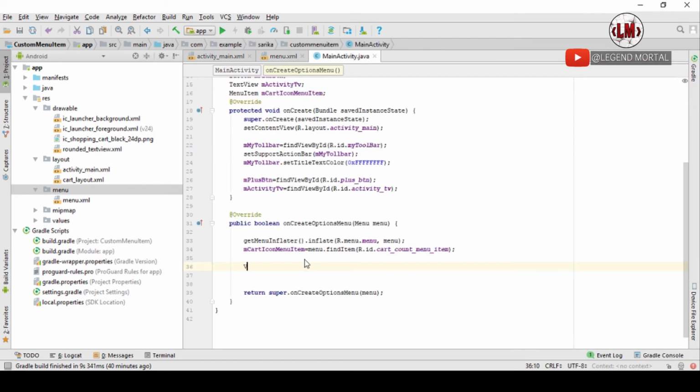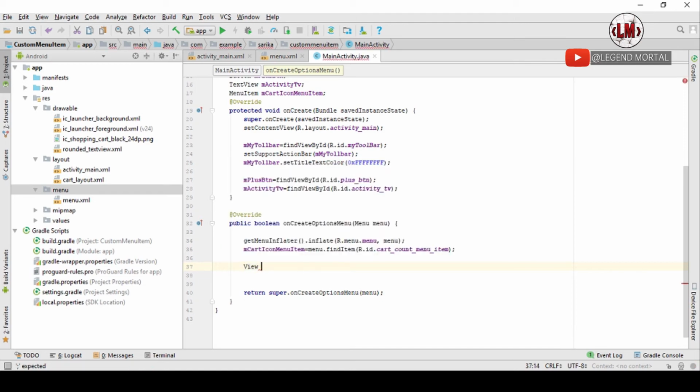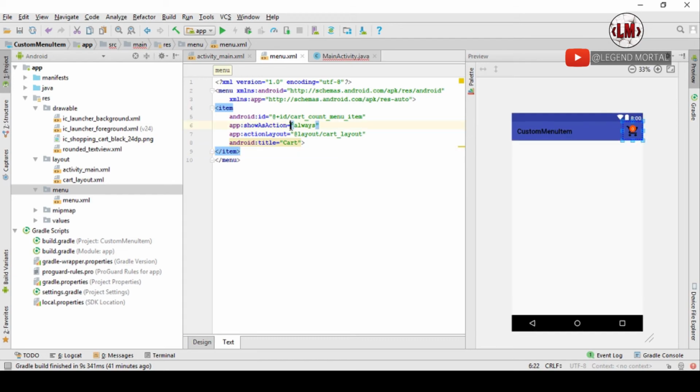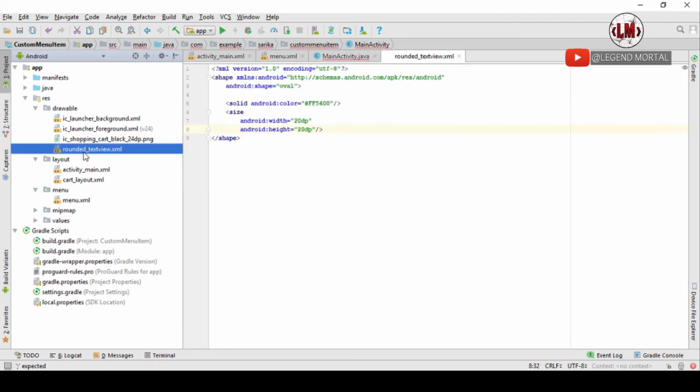And yeah, now we have to create a new view object and name it as action view, because we will give this menu item's action view to this view, and then we will find view by id, action view dot find view by id, and then find that id from this